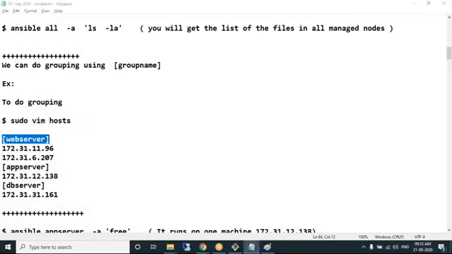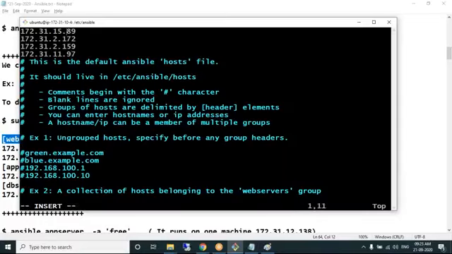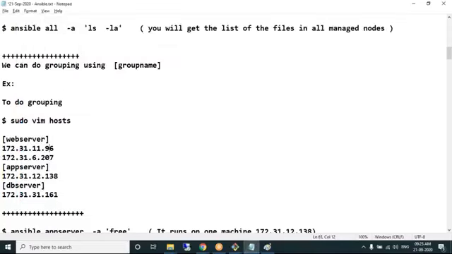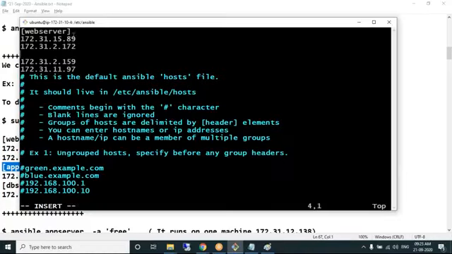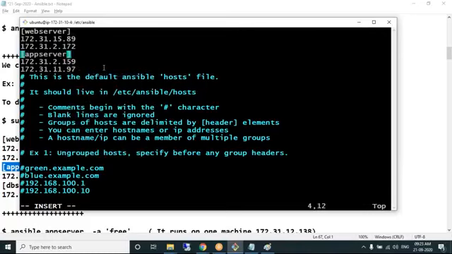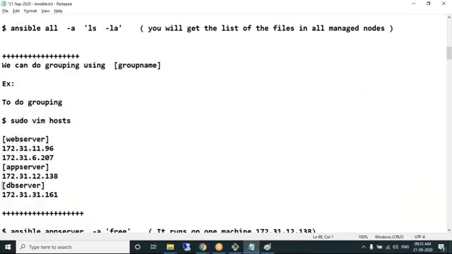The first 2 machines, I make it as web server. Next machine, I name it as app server. Next machine, I name it as DB server.